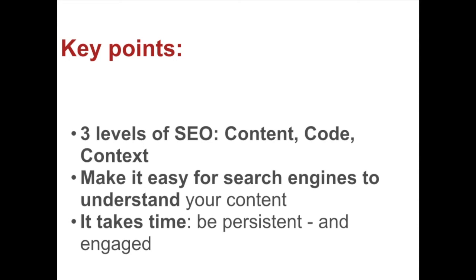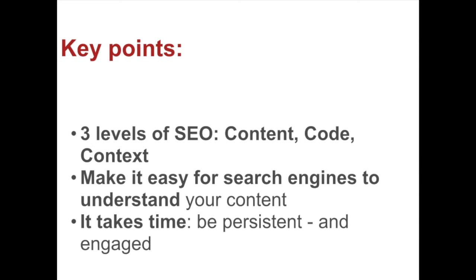So the key points to round up from this video are that, first of all, it's worth seeing SEO as 3 different levels. The first is content. This is what you can affect most as a journalist. You control the headline, the intro, subheadings, images, and so on. The second level is code, and you might have limited effect on this. You may well be able to change the alt tags and images, and that's certainly one of the main areas you should be concerned with, but you might not be able to change the title or the URL or the meta description. But if you can, pay some attention to those.